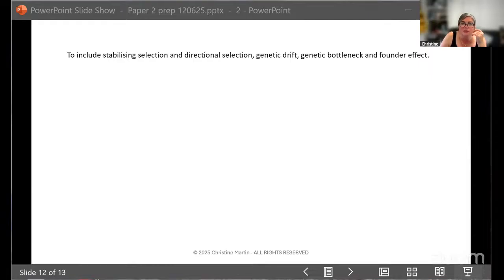No, so the only question I can find now, because I'm trying to find it on the spot, is the one about stabilizing. But I swear they've given one before. So hold on, let me show you. It's actually a really nice question as well. And it was about the parts to do with the finches. They love a good finch one.